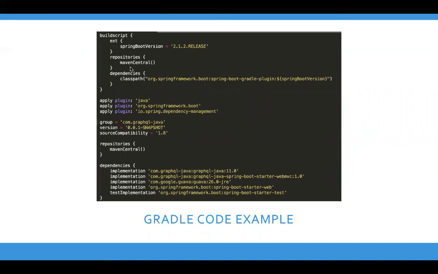Also, whatever we write in the build script, we have to add it in the class path, but Gradle suggests that instead of playing with the class path, we should go with plugins. Gradle provides plugins for building this build script. And what we have written here is that we have included a Spring Boot Gradle plugin with version 2.1.2, and it is fetching from Maven Central.